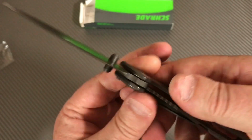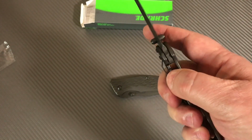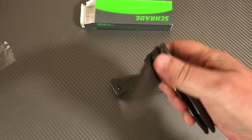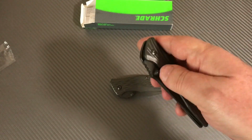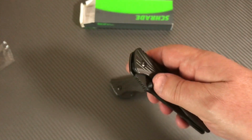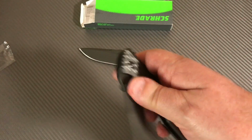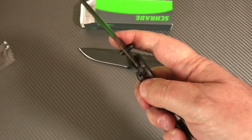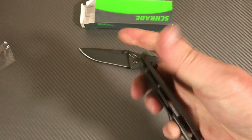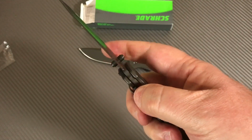Fit and finish seems to be pretty good. You got some lock stick on these, though. See, that one needs treatment. Yeah, it's just ticking. It can be dealt with, though. This one, no. I could feel just a slight bit, which is interesting that they didn't at least put either an